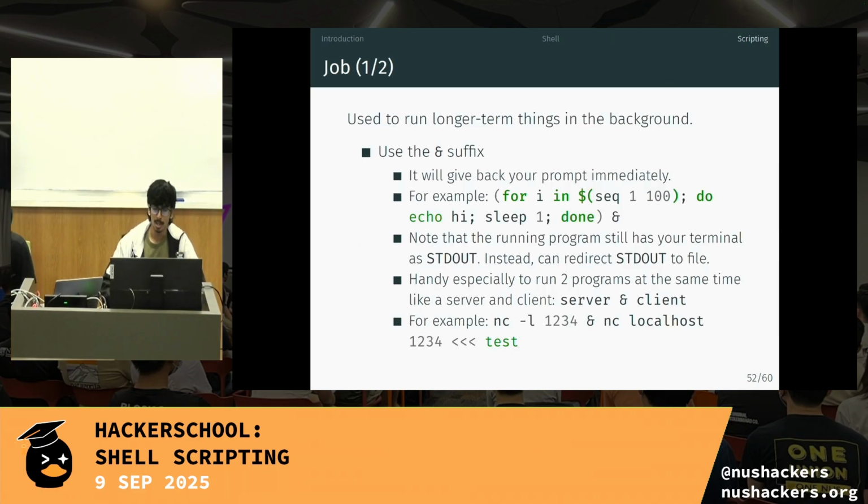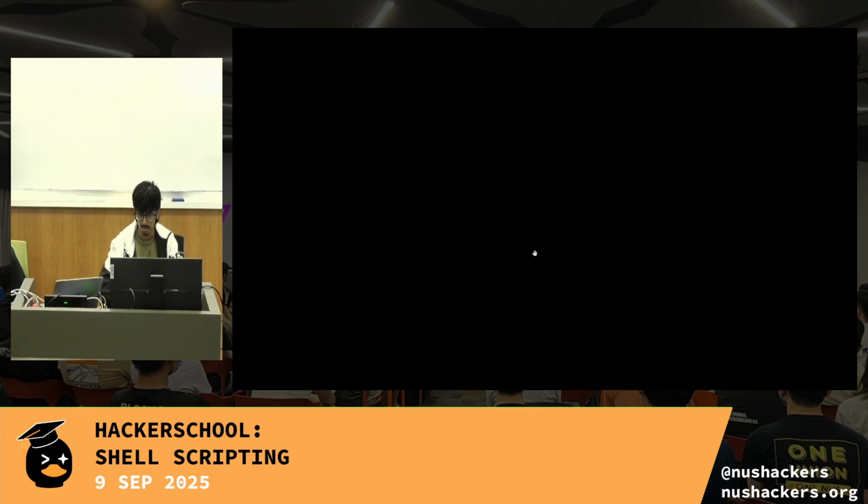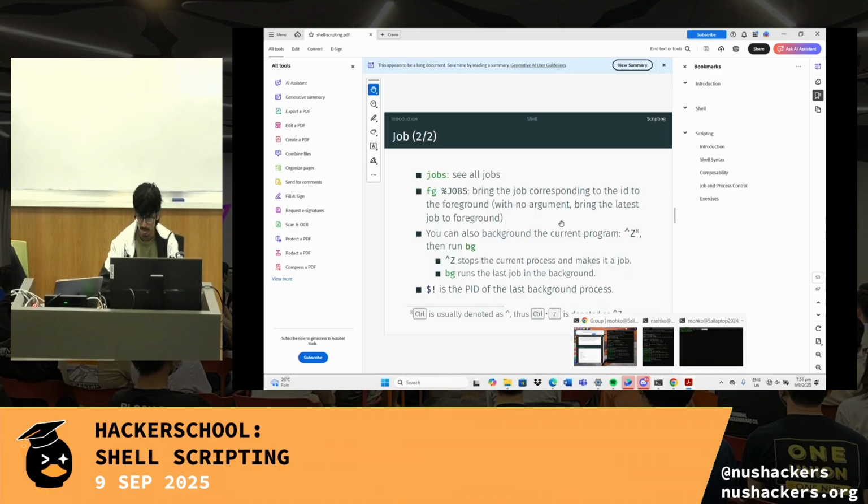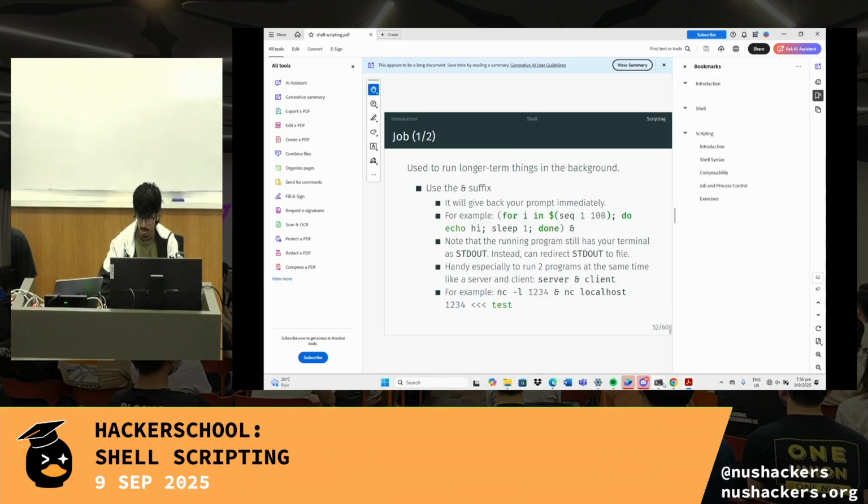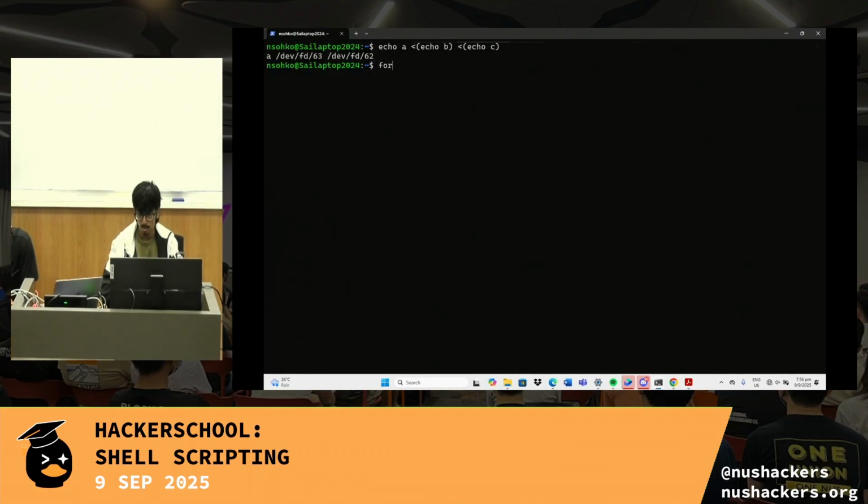Okay. Another useful thing about shell scripting is that it's very easy for you to run things in the background. In fact, all it needs is for you to put an ampersand suffix at the end. So if I run something like this, let me try putting this out. For i in $(seq